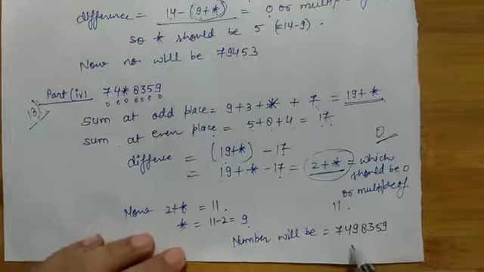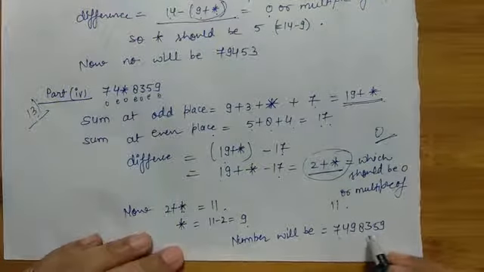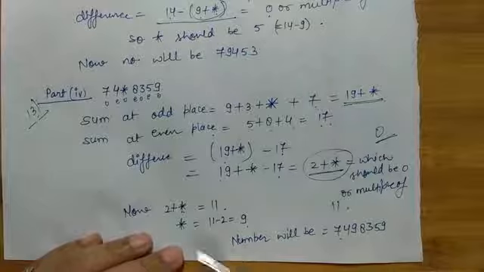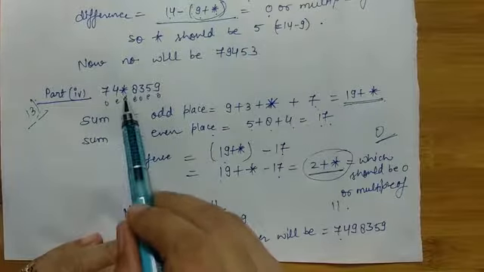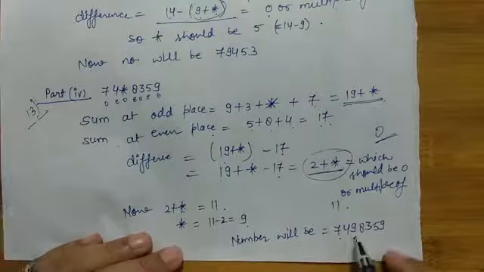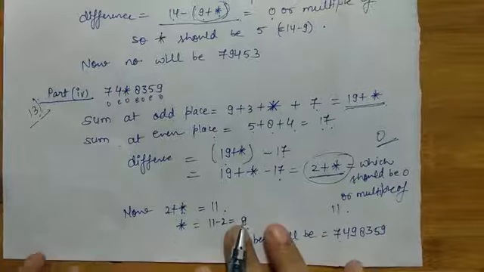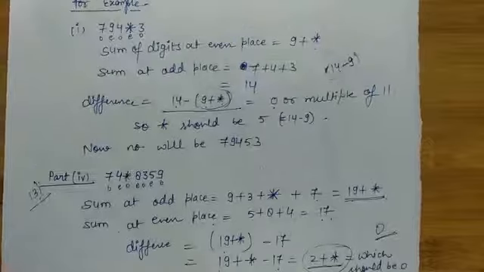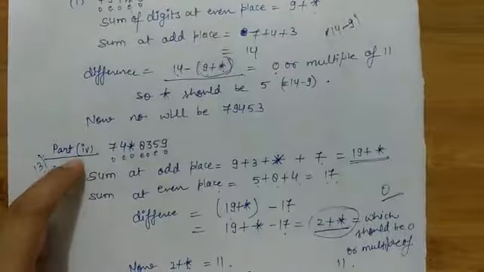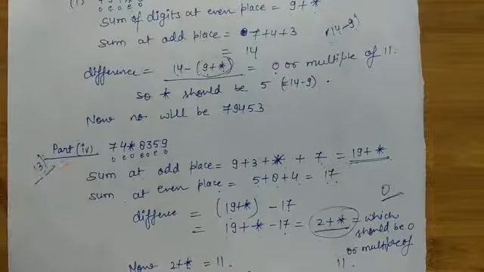So your number will look like 7, 4, 9, 8, 3, 5, 9. That is the number you had to find out; that digit will be 9. By this process you all have to solve the other parts. We have 5 parts. One part I have told you, that is the fourth part. The rest of the parts you all have to do in your fair notebook. Continue from Wednesday's work and put the date there.